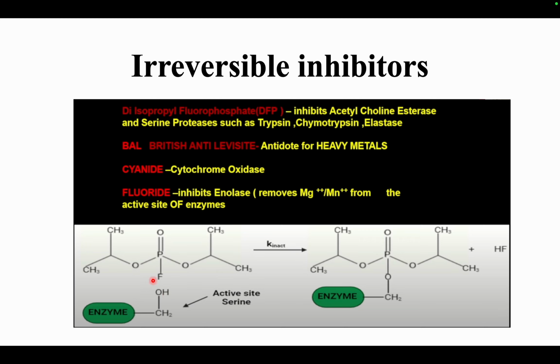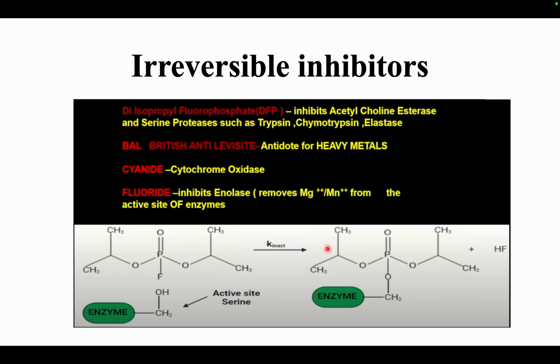So this is diisopropyl fluorophosphate. We have two isopropyl groups and a fluorophosphate, and this fluorine here. On enzymes which have a serine in the active site, the serine is the amino acid with an OH group, and this OH will have a lone pair of electrons, and that lone pair will be taken by the fluorine in the diisopropyl fluorophosphate,